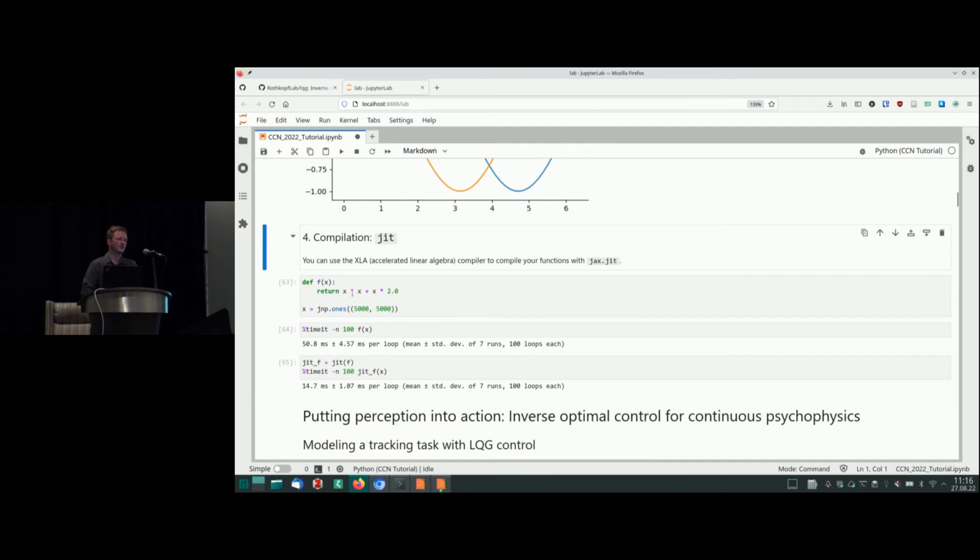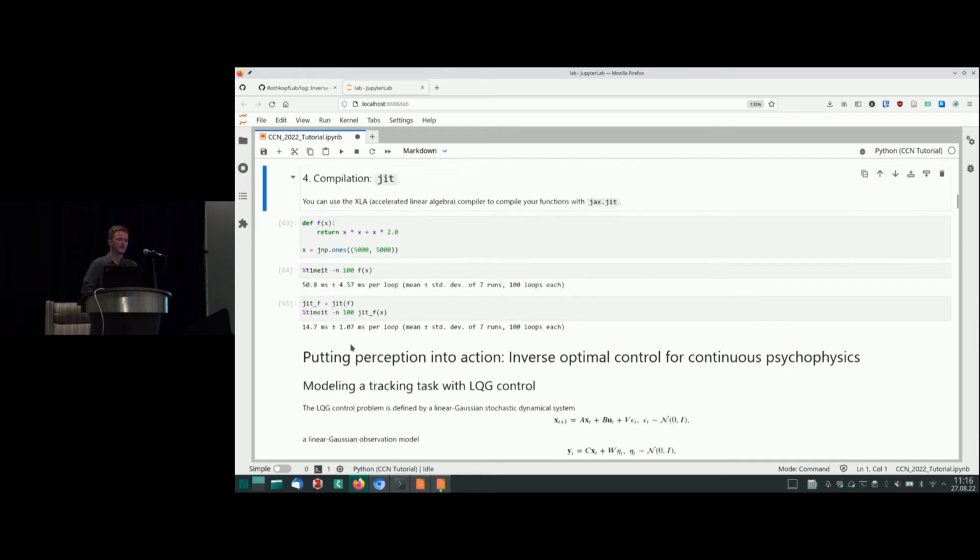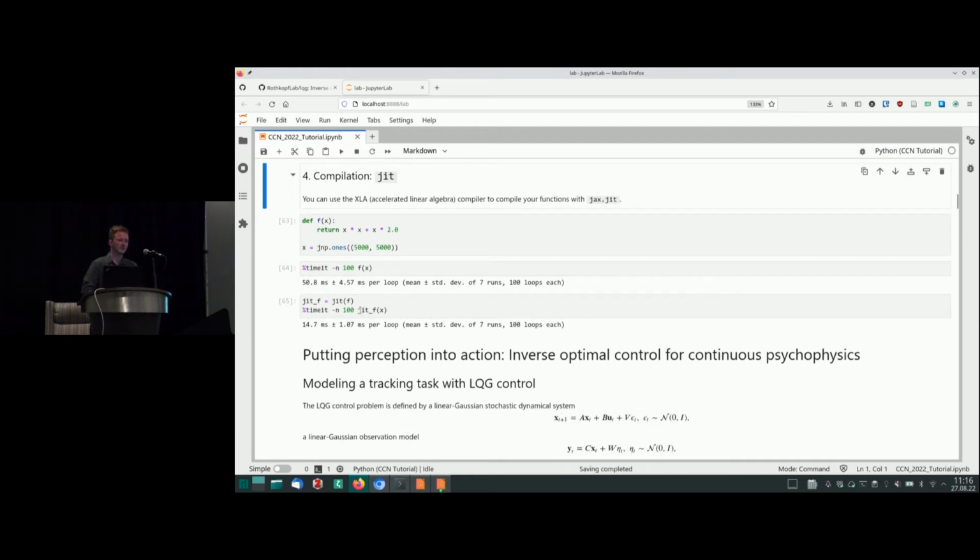So now we have this function that does some element-wise operations, and we want to feed this very large array into it. By applying this JIT function to the function, we get a pre-compiled version, and as you can see, in this case, it runs by a factor of 3 faster than the original code, and we'll make use of this as well. Okay, so